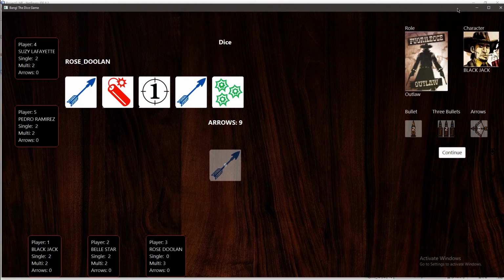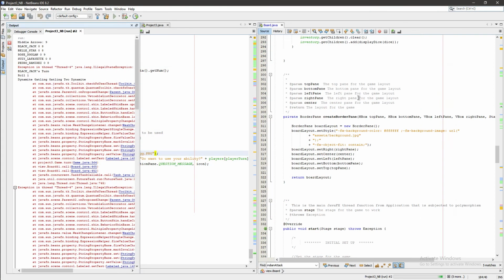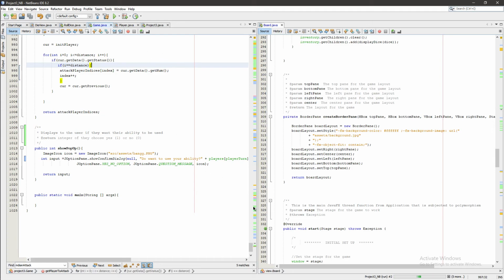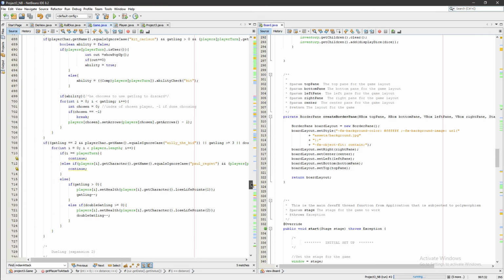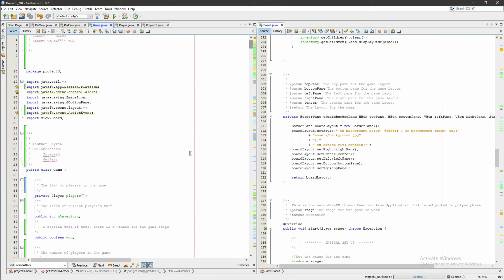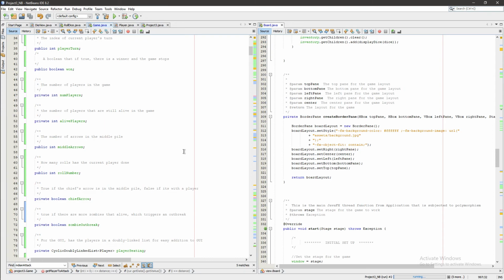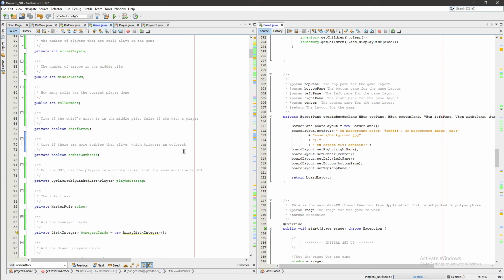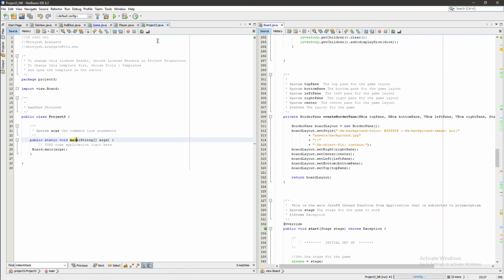Since that's a small introduction to our program, now we're going to go through the classes that we have. The main class that has every aspect of the back end of the game is the game class. It has the players, the roles, the characters. So how this works is in Project 3,